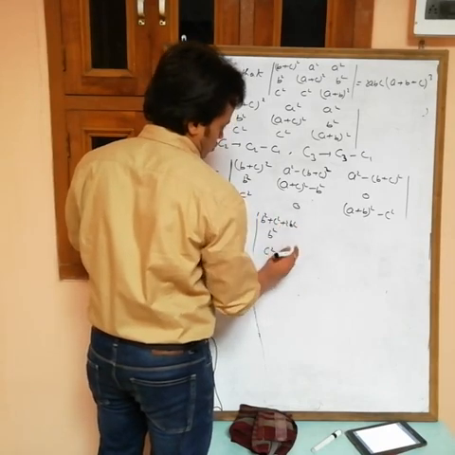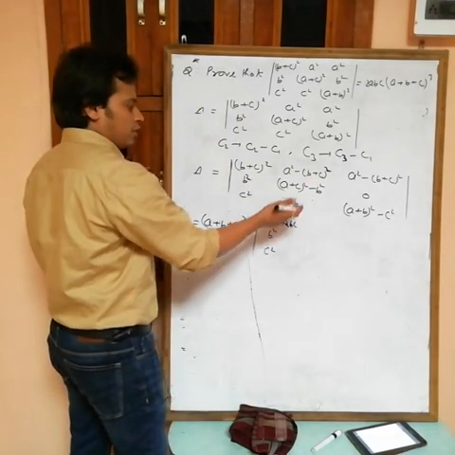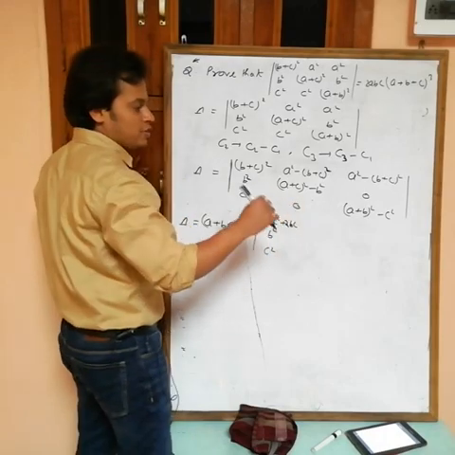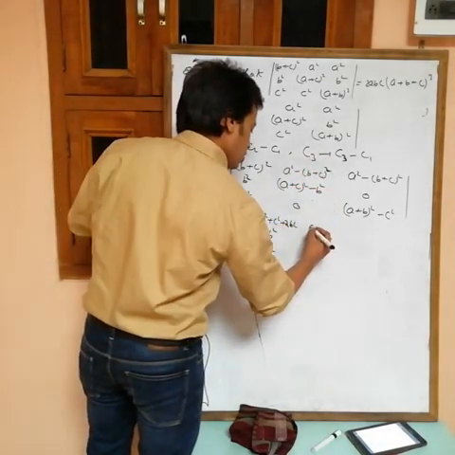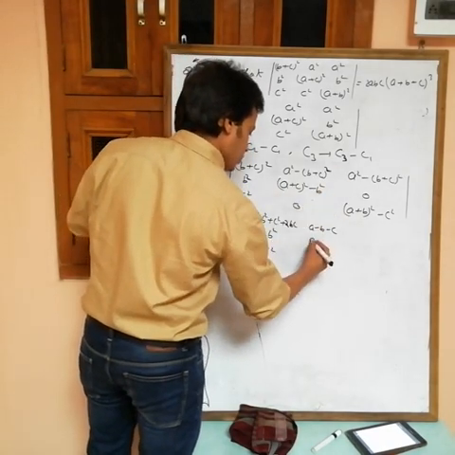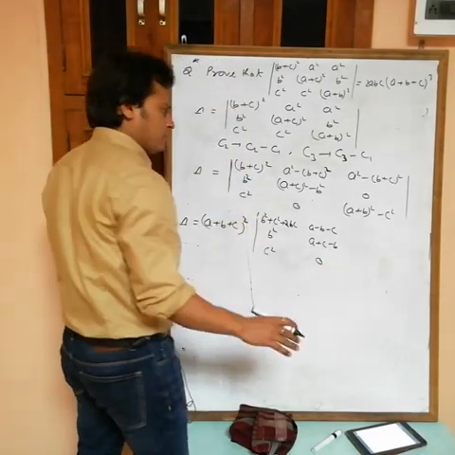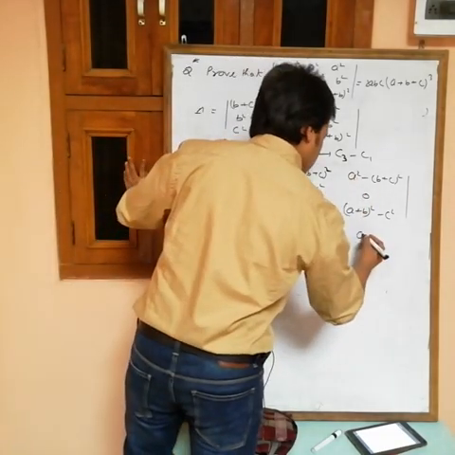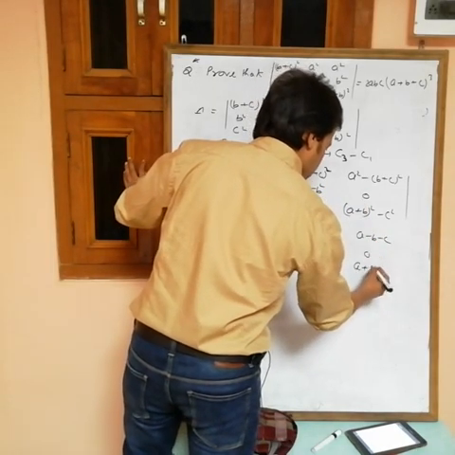Okay, so from this one I am taking common a plus b plus c. It means the minus factor remains. So a minus this one, a minus b minus c. This one minus this one remains a plus c minus b. From 0 take common anything, it doesn't matter, 0 remains. This one minus this one remains a minus b minus c, 0, and a plus b minus c.